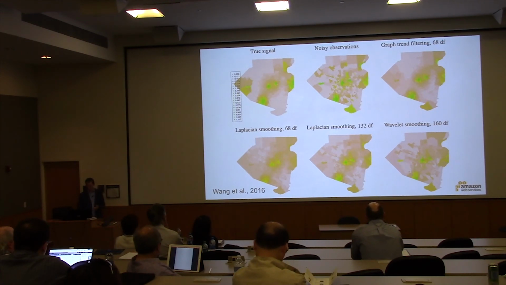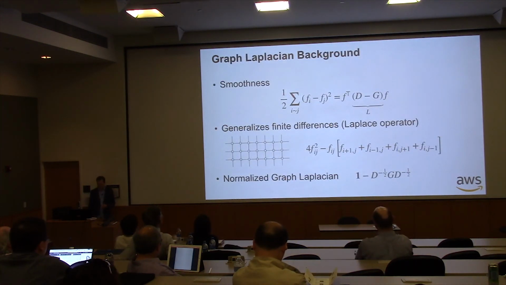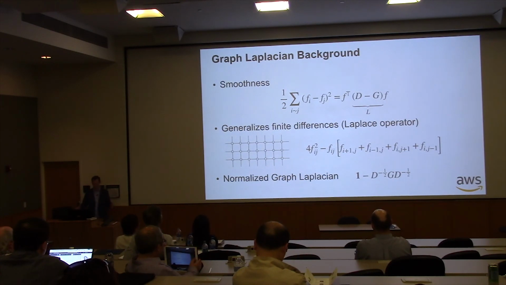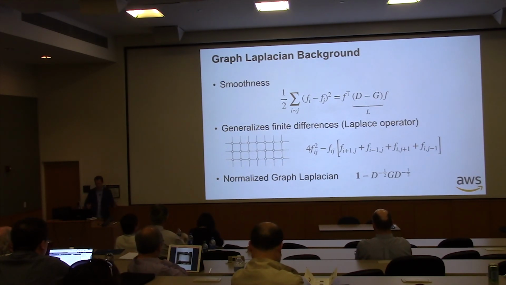So let's take a little bit of a detour. Once upon a time, there were kernels. So what does the graph Laplacian have to do with kernels? Well, I guess that's the obvious part, namely, I can look at smoothness, and since I can use the graph Laplacian as a measure for smoothness, maybe I could design some kernels based on that. And this generalizes the finite differences, for instance, on a mesh, you have,